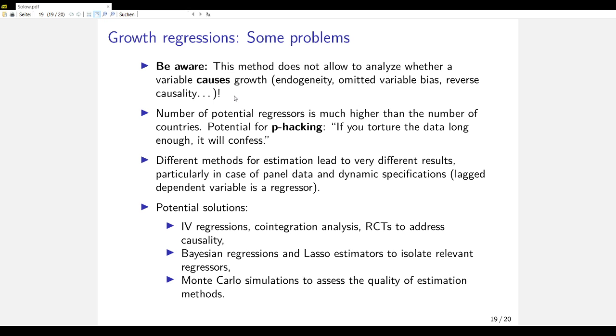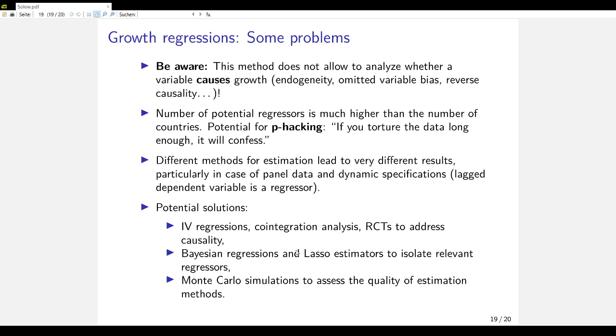So also different methods for estimation can lead to very different results. So potential solutions here are to get closer to the causes of economic growth, instrumental variable regressions, so that you find a variable that is actually correlated with another variable, so that you can instrument this other variable by the first variable, the instrument. But for that, the instrument should not be correlated with the outcome through any other path than the variable that you instrument it with,